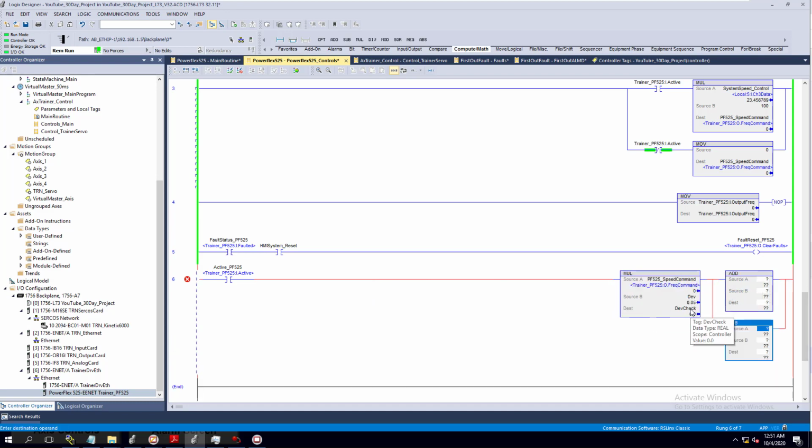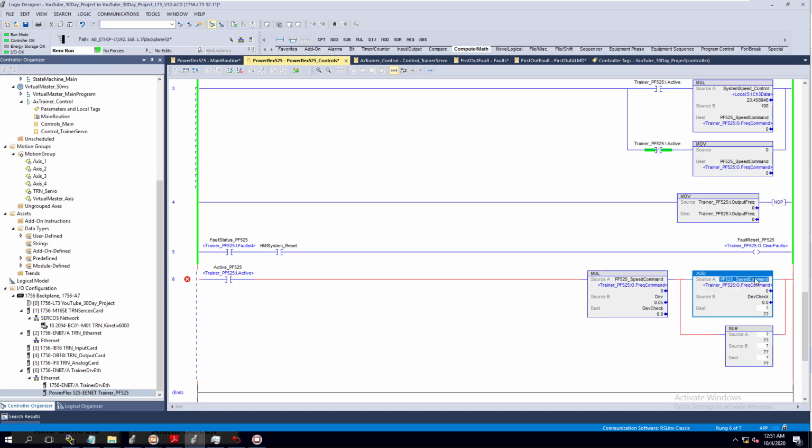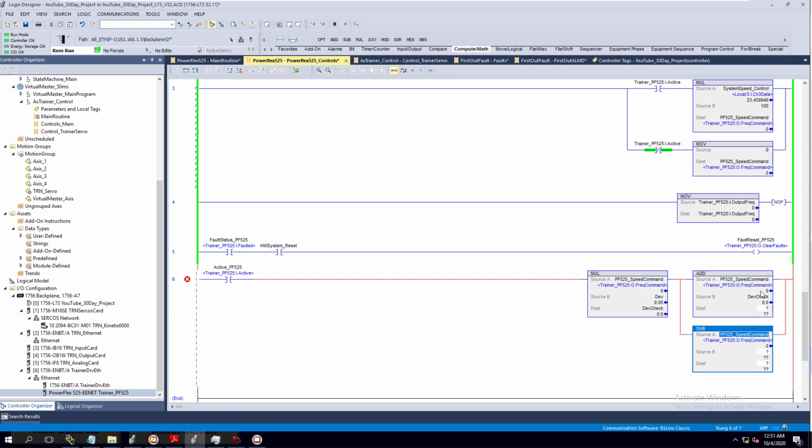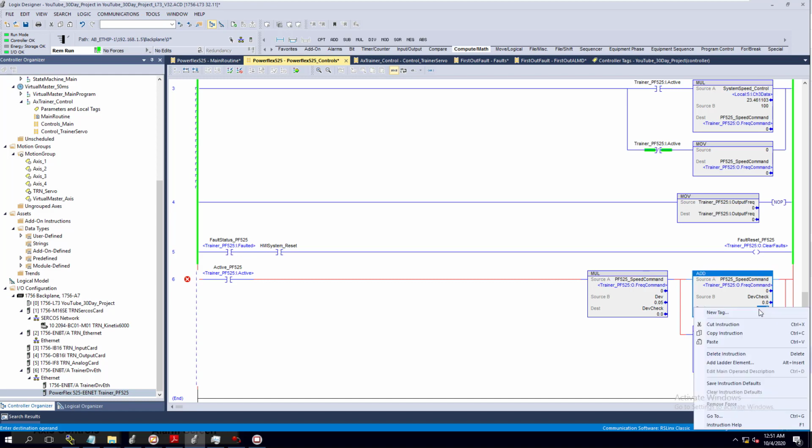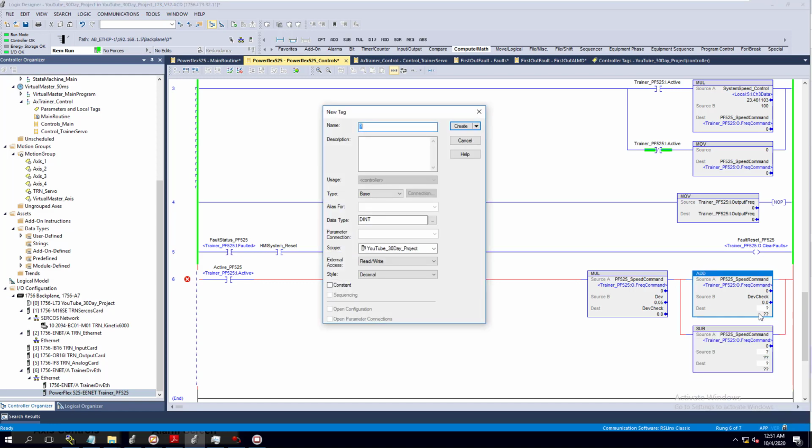And again, using this dev check, you would come in here and use this against this. We would use the actual speed command again, and the speed command again right here. What you're trying to do is create the deviation, doing the deviation check and actually creating that tolerance right there. So this is going to be like a high, and this is going to be a low, right? So this would be the Powerflex 525